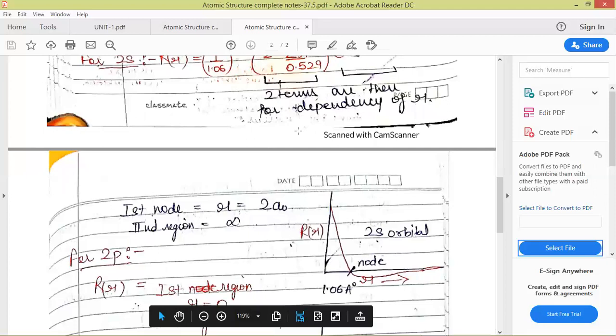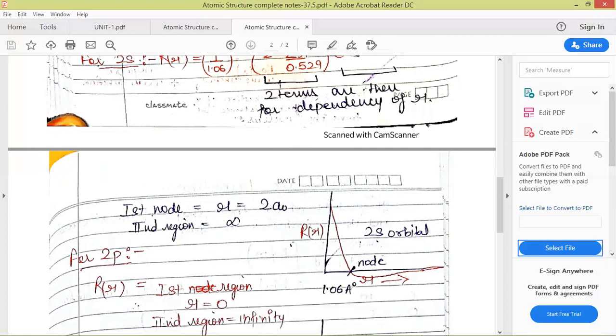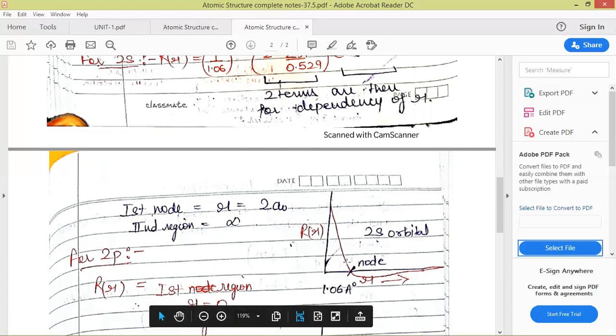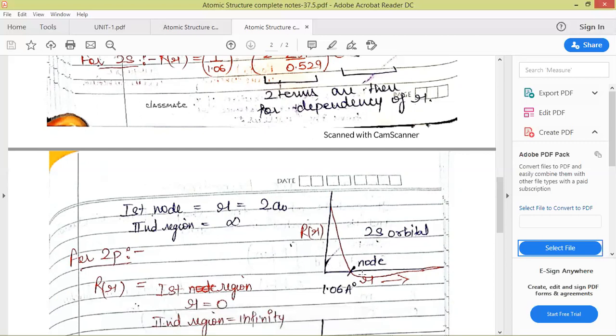For the second region of zero electron density, it is found to be at infinity for the 2s orbital. But in between, as we plot this curve of capital R versus r, we can see that after the first node there comes a region where the electron density becomes zero. As we are correlating this electron density with the probability of finding the electron, but probability can never be zero, there must be a flaw. So we cannot take this radial part of the wave function directly.